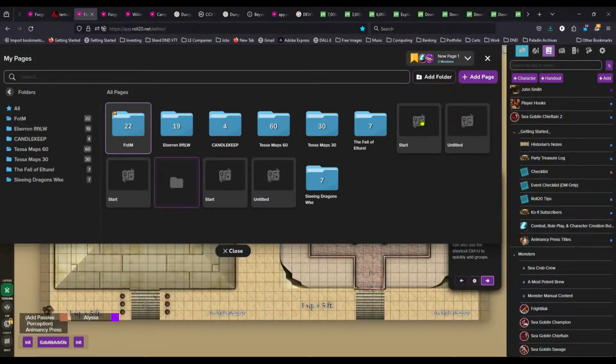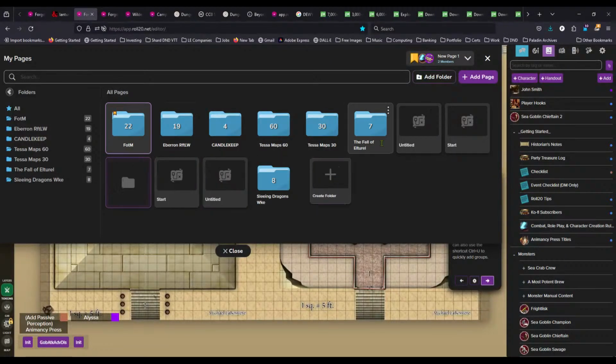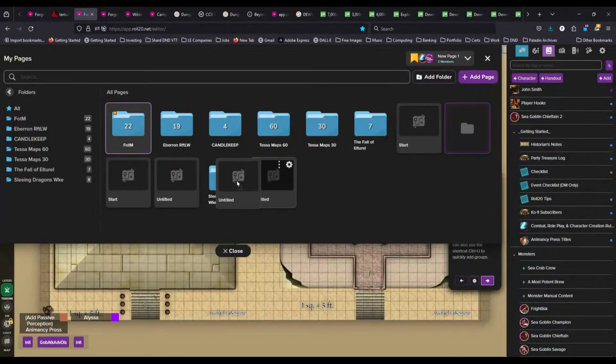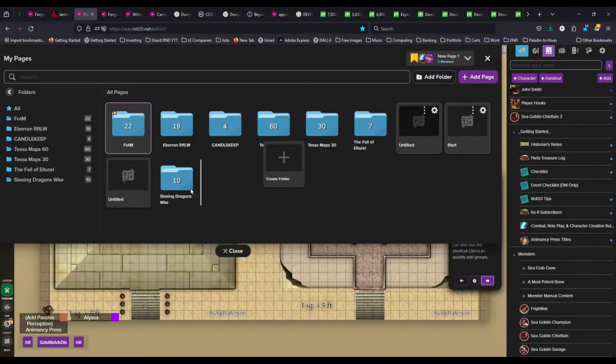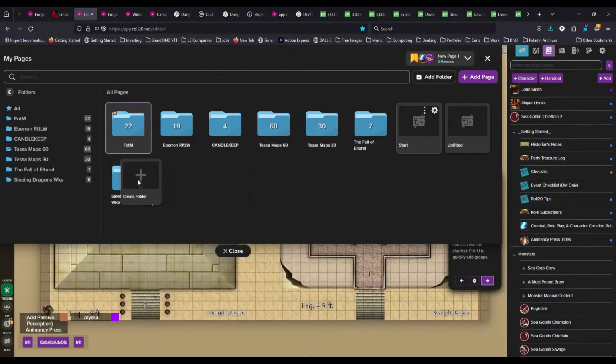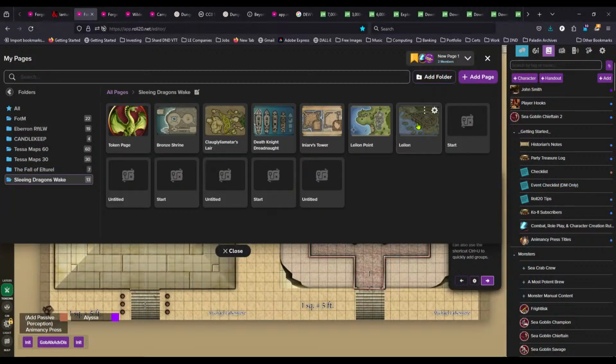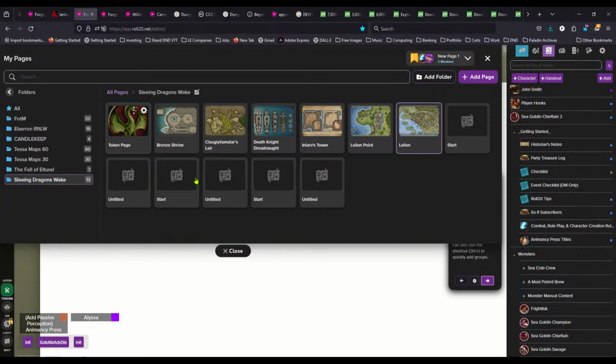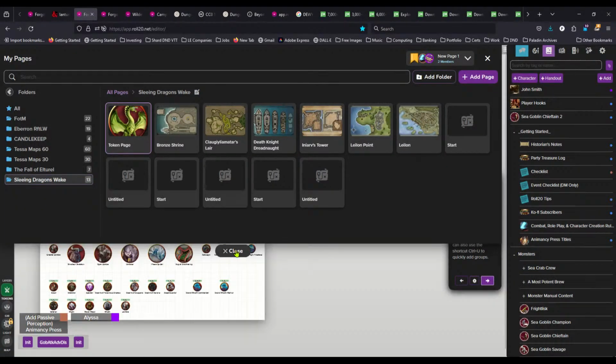And now let's see what this actually came with here. So some of these start screens are very useful. I don't know why this has extra untitled and start games, but let's see. And I named that one, so I'm just going to that. Oh, okay. So yeah, token pages are really handy if you buy content already made, and you can make these